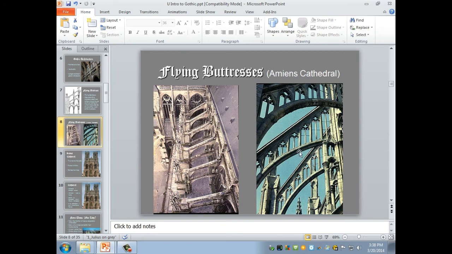It's kind of amazing that they perform their job admirably in holding up the church. But we can look right through and see the sky. And here on the left, you can see we're looking down at the top of these buttresses as they come out of the nave and cross over the side aisles.